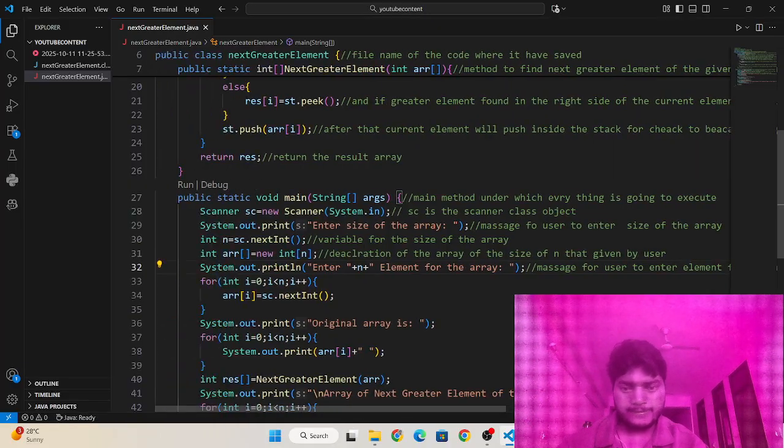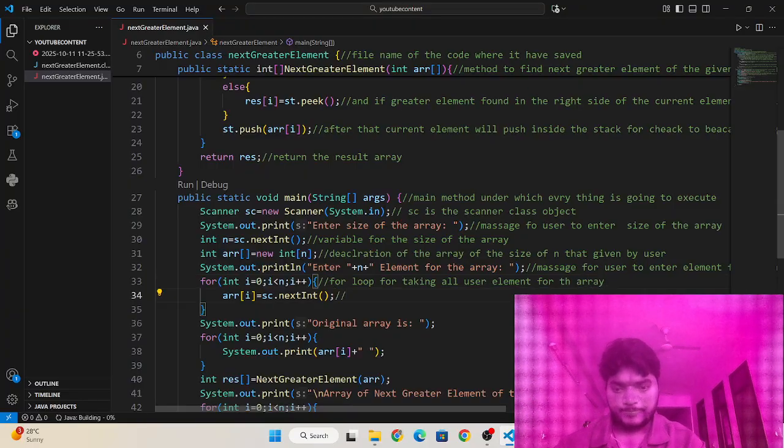Okay, and then a for loop for taking all the elements of the array position-wise, from 0 to n minus 1. Okay, and then